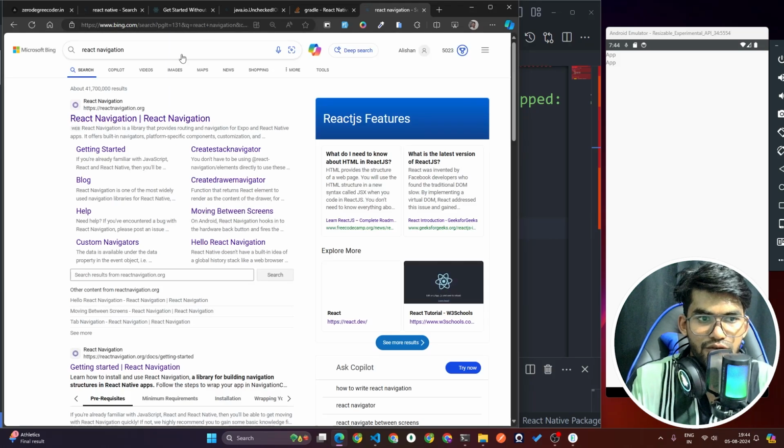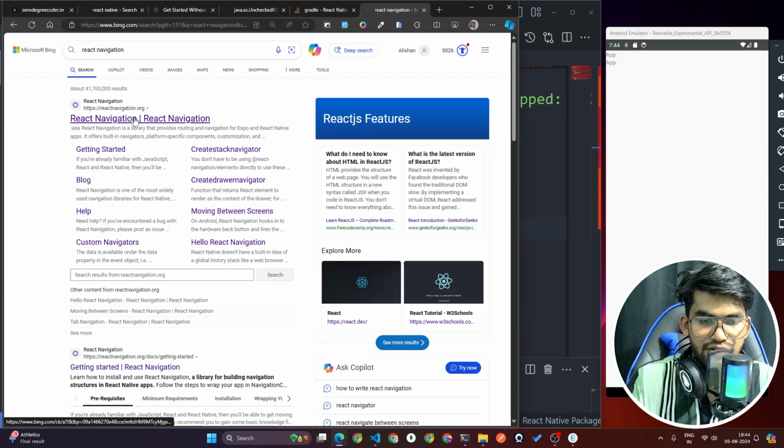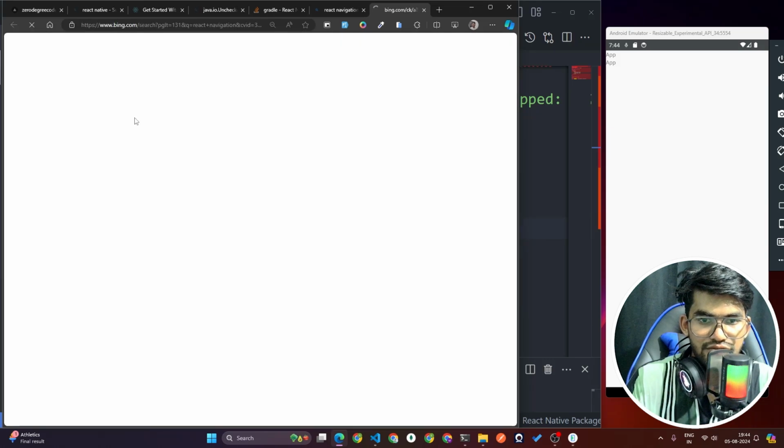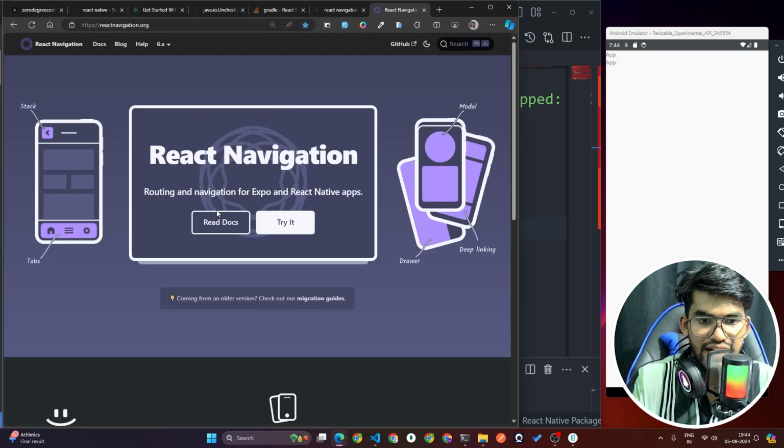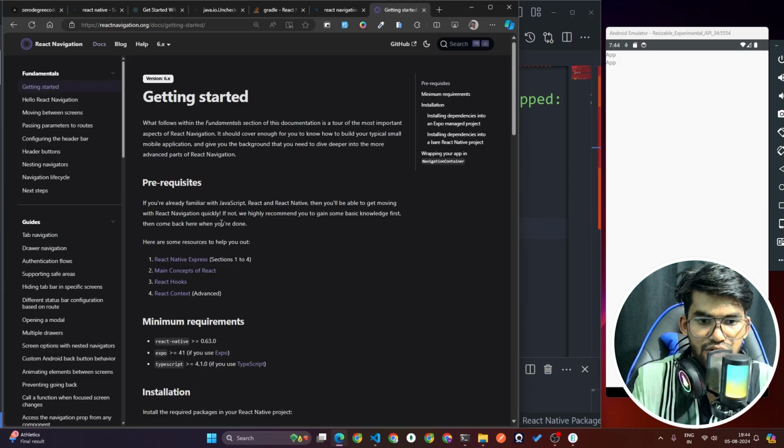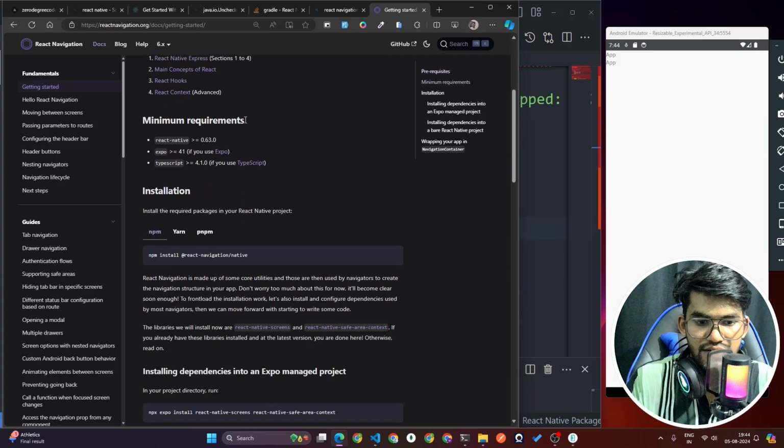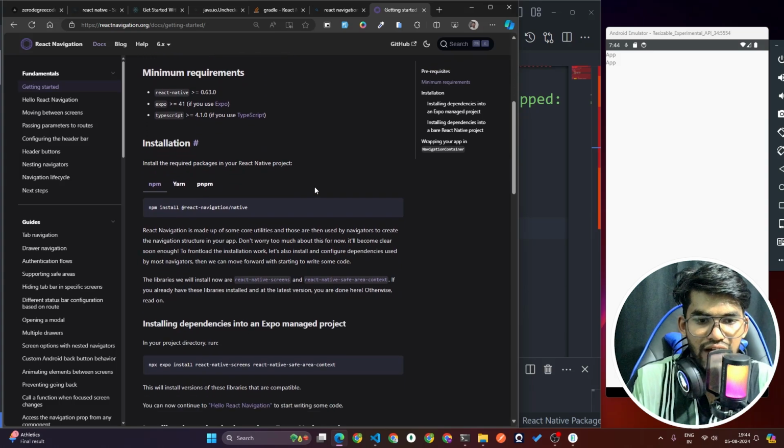Okay, once you search React Navigation, click on this website. Once you click on this website, you will get to this landing page. Click on read docs. Once you click on read docs, you have to scroll down to getting started. Now first of all, to make the custom drawer navigation, you have to install